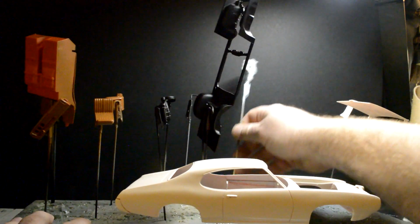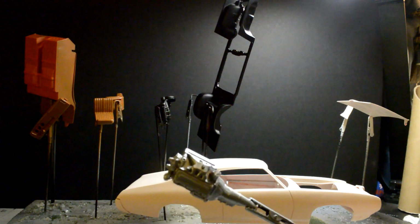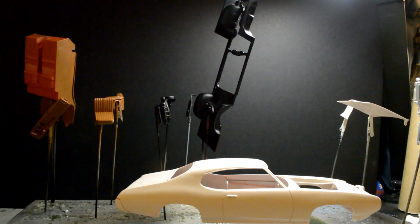And then I do have the engine in that Pontiac blue that normally is the color that they would have it in, same as that Firebird I got. But I am going to put a wash on that and give it a little bit of wear, something dirty. It's going to be a race car, but it's going to be a car that kind of like